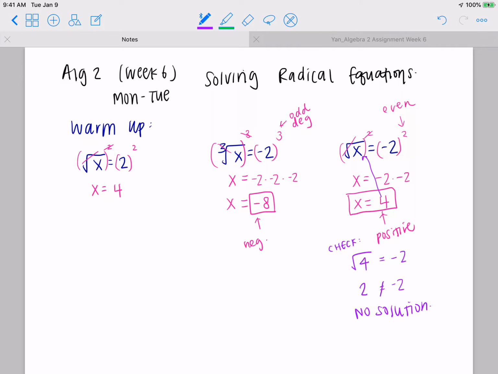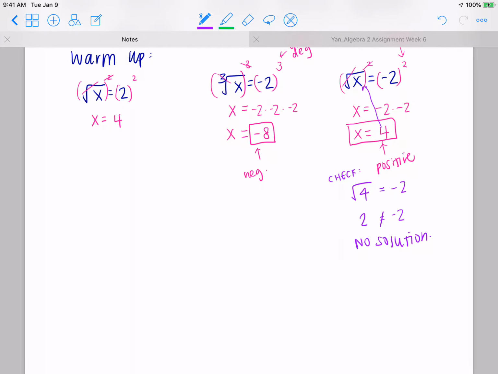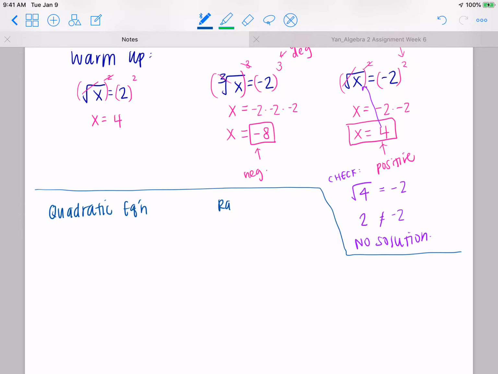Okay, and I will tell you guys what that means in a little bit. So let's look at some examples on how to solve for radical equations. First off, let's look at a quadratic equation and also a radical equation. They are very similar